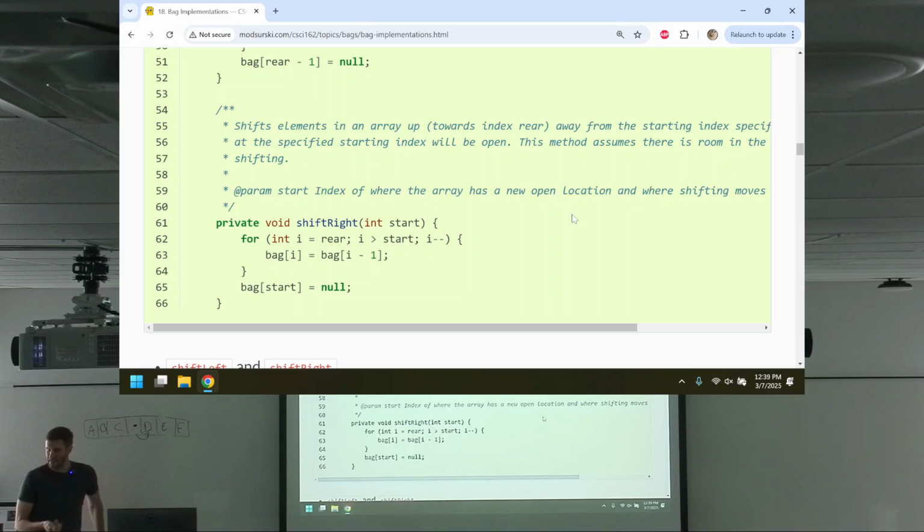So is it really necessary? If I'm shifting right, that means I'm going to be adding to that index. I needed to make room for it. I'm going to add to that index. So I set it to null, then immediately I put whatever I want in there, right, x. So setting it to null is kind of unnecessary. Yeah, that's a fair argument.